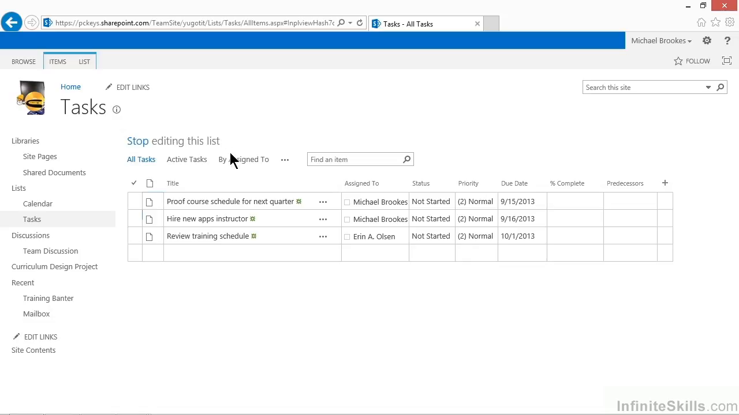Once you're in edit mode, you will see kind of a spreadsheet-like grid that now appears on your screen. You can simply move through and use tools very similar to Excel. By simply clicking in a cell, you can edit that cell. If you wanted to change the due date for a task, for example, you could simply click in the due